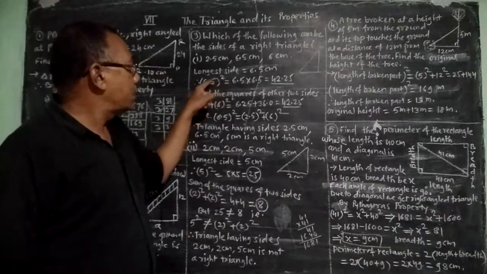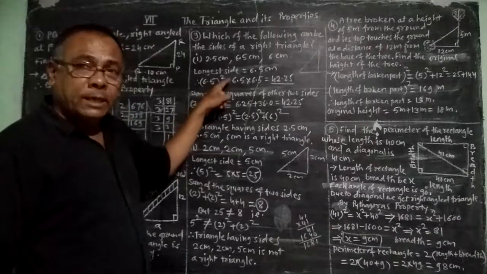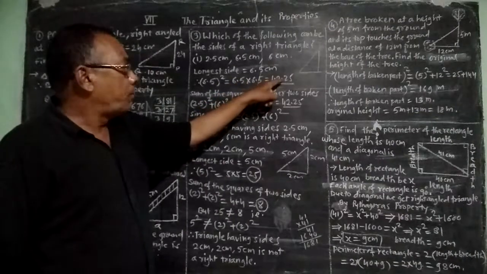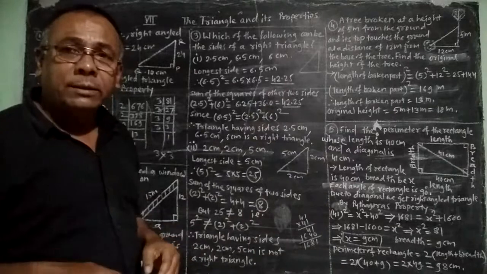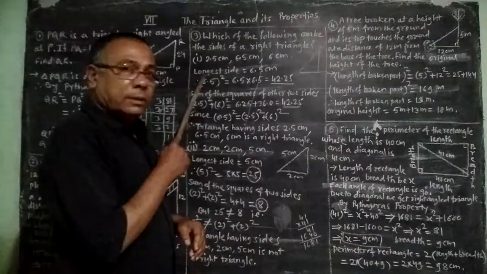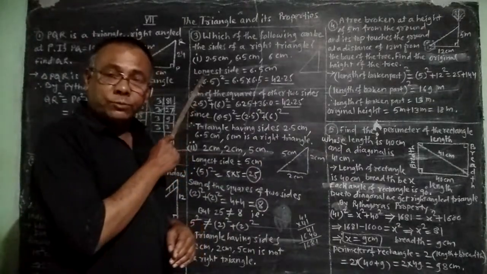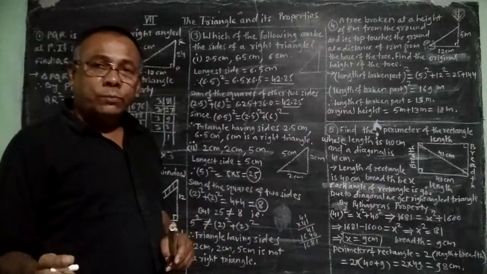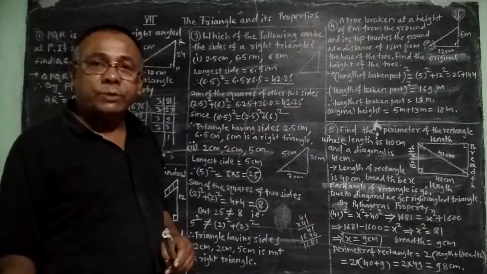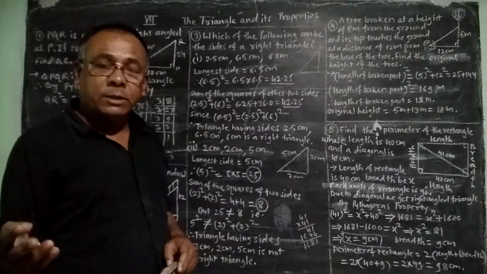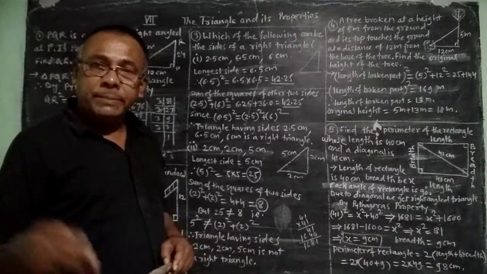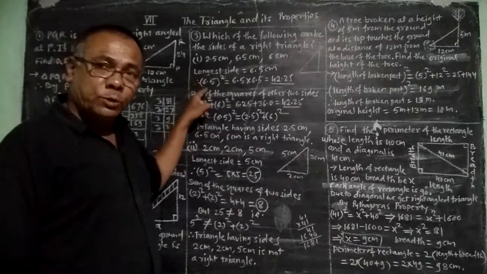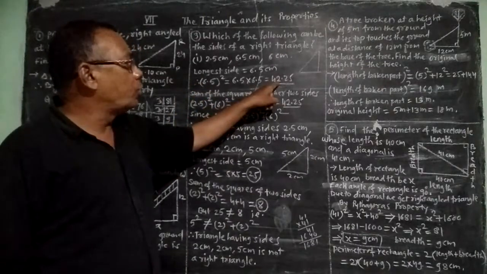6.5 square is equal to 6.5 into 6.5, which is equal to 42.25. Here we have taken the square of the longest side, because we know that hypotenuse square is equal to side 1 square plus side 2 square, means the sum of the squares of the remaining two sides. First of all we have found the square of the hypotenuse, and its value is 42.25.